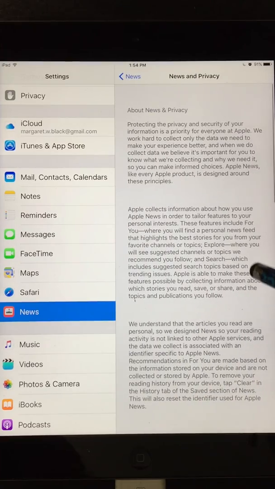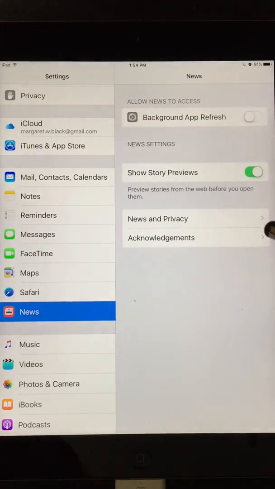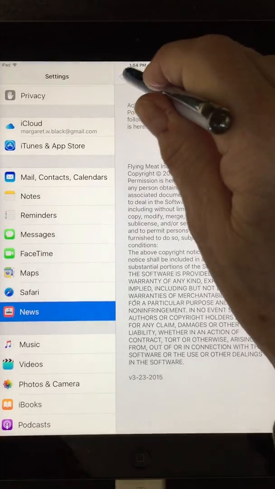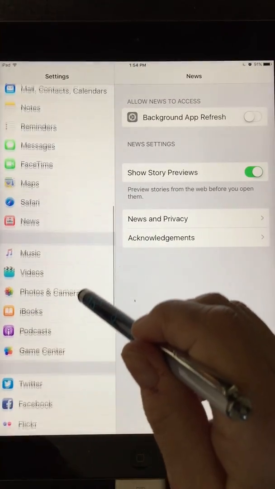Privacy, oh Lord, I don't know about that. Acknowledgements, I don't care about that. Okay, now we're going down to